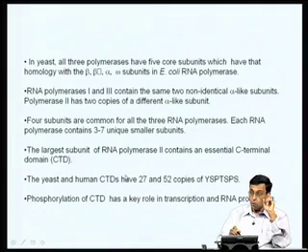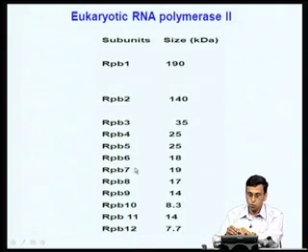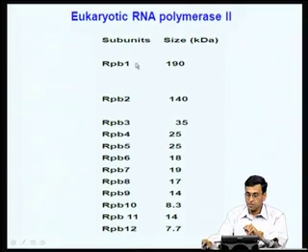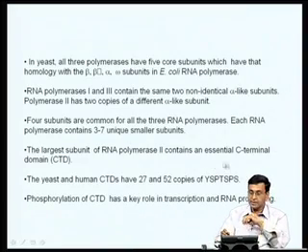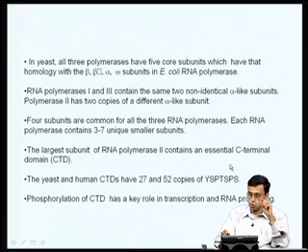Okay. Now, this is very important what I am telling you now. The largest subunit of RNA polymerase II, that means the 190 kilodalton RPB1, has what is called a C-terminal domain. In the next couple of classes, this is going to be very important, and I am going to tell you how important the C-terminal domain of this large subunit of RNA polymerase II is. Remember, the largest subunit of RNA polymerase II contains a very important part called the C-terminal domain, or CTD.